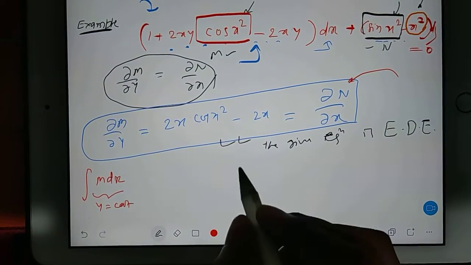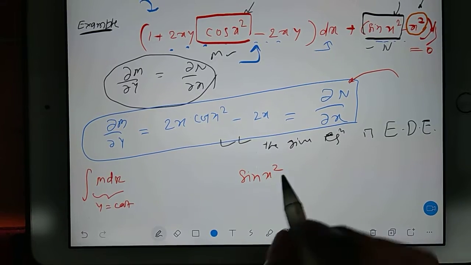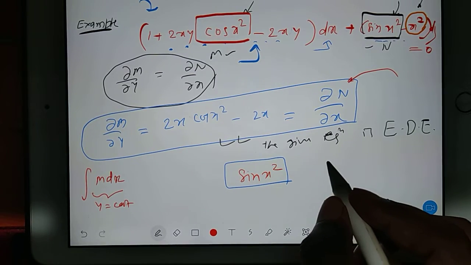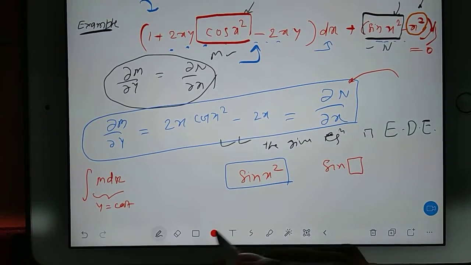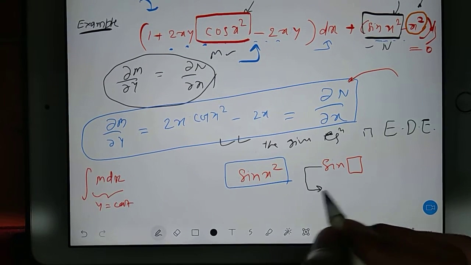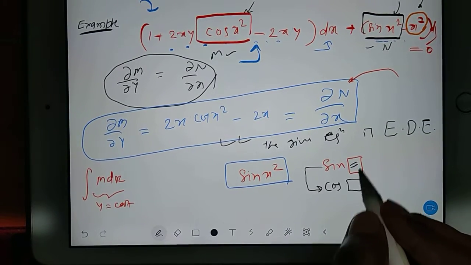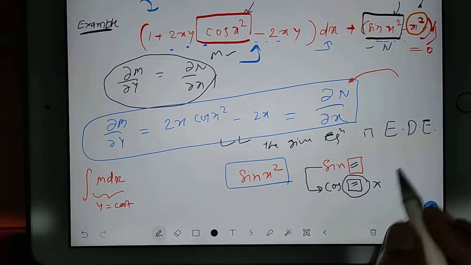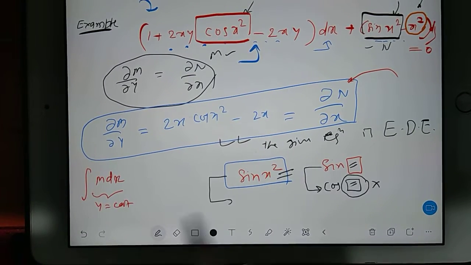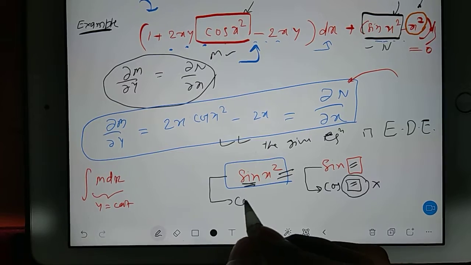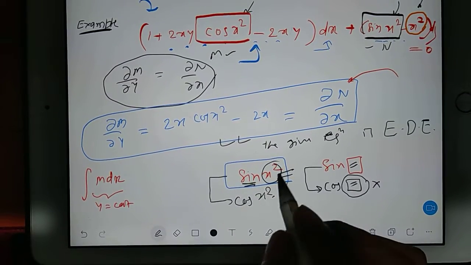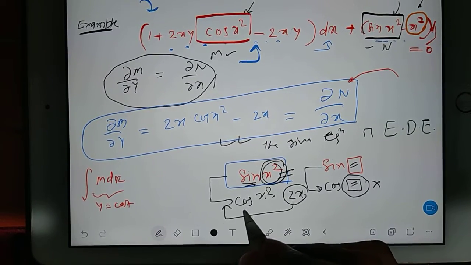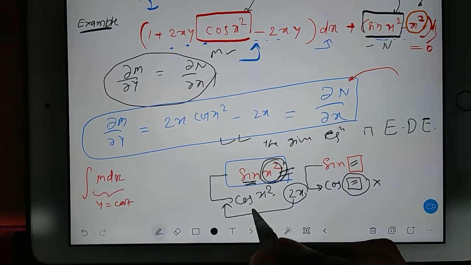I will explain how to differentiate sine x square. It is very easy. Always remember, you can apply the chain rule here. What is the chain rule here? Whenever you have to differentiate sine of something, first you differentiate the sine term, so it will be cos of something, whatever is here, the same thing will come here. After that, you differentiate the inner part again with multiplication. So in this case, you have sine x square. First you differentiate sine, so it will be cos, and whatever is inside, the same thing will come. Then whatever is inside, you differentiate that part again, so 2x. This 2x I am writing outside.